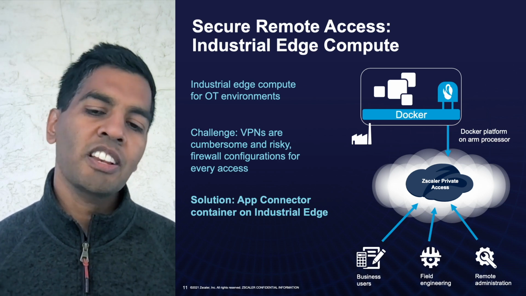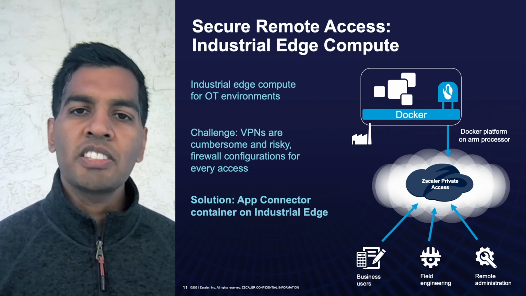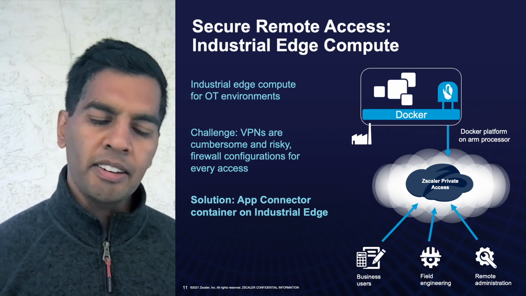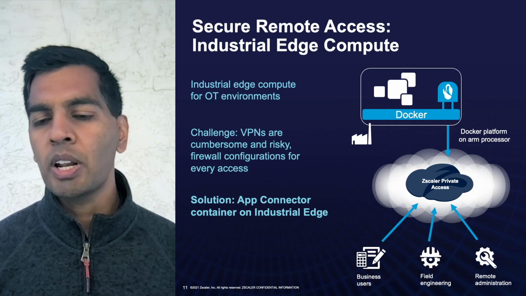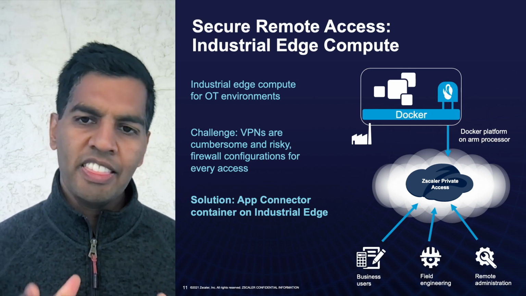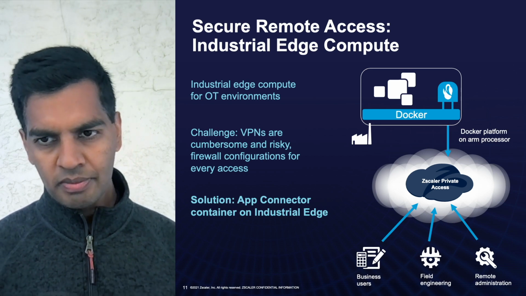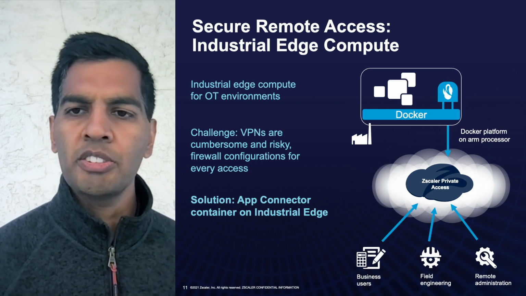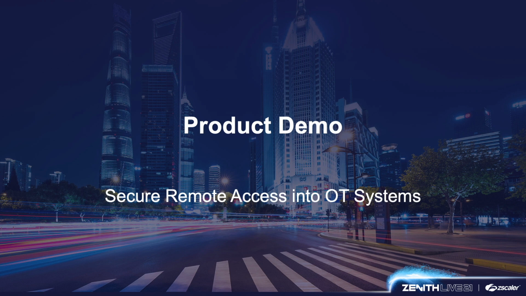And since these industrial edge platforms are running in different customer environments, it makes it quite challenging to run VPNs and open up firewall ports and such. The solution here was to make one of our zero trust components, the app connector, run in a container form factor. And that's exactly what we're doing here. There are quite a few benefits of doing this. And one of the key things here is only the authorized users even get to see the existence of these systems. So without much talking, let me switch it over to Manish, who's going to do a product demo here